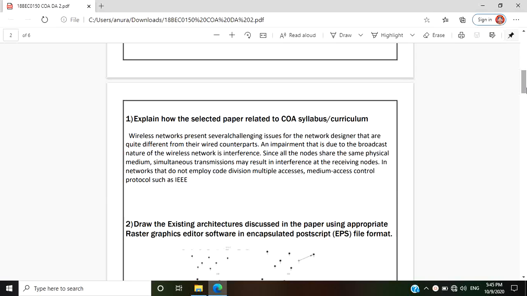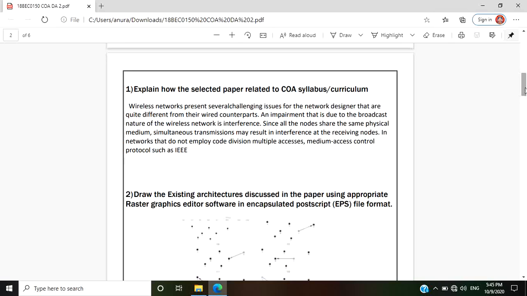Explain how the selected paper is related to the COA syllabus and curriculum. Wireless networks present several issues for the network designer that are quite different from their wired counterparts. An impairment that is due to the broadcast medium: transmissions may result in interference at the receiving nodes. In networks that do not employ code division multiple access, medium access control protocols such as IEEE